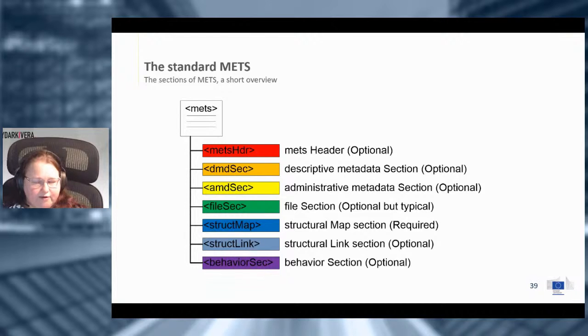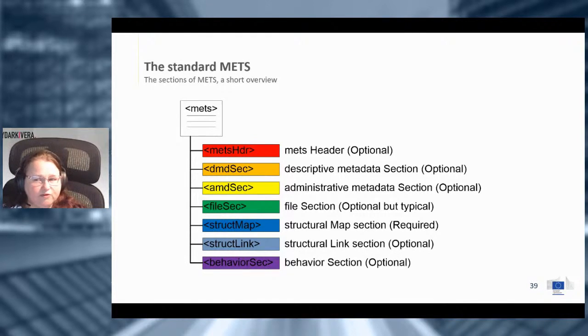We also can have information about the rights. And for rights, there are a number of different standards to use. So administrative metadata that we need to know and gather about the files that we have in this transfer. So the information we actually are transferring. So all these three sections that we have here are to understand and aid with the information we are actually transferring. Then we have the file section, which is, as usual, optional, but it's typical.